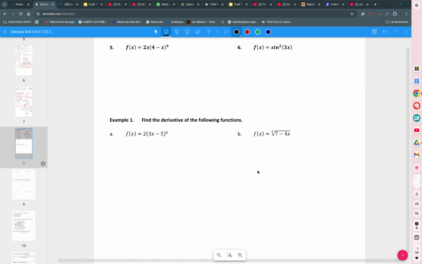So therefore, I have f prime of x is going to be equal to, I have function f, I have function g. Remember, the product rule is f prime g plus g prime f. So the derivative of 2x is 2 times the 4 minus x to the fourth power. Hey, that part was pretty easy, wasn't it? Plus,